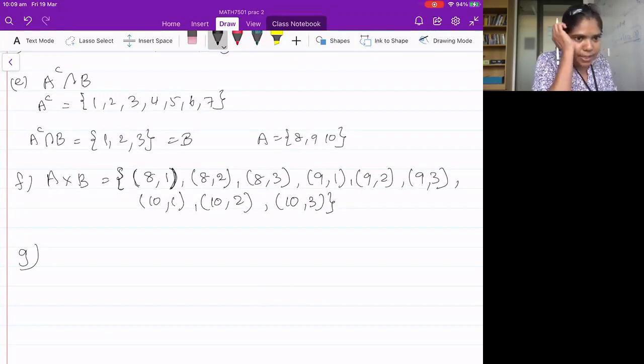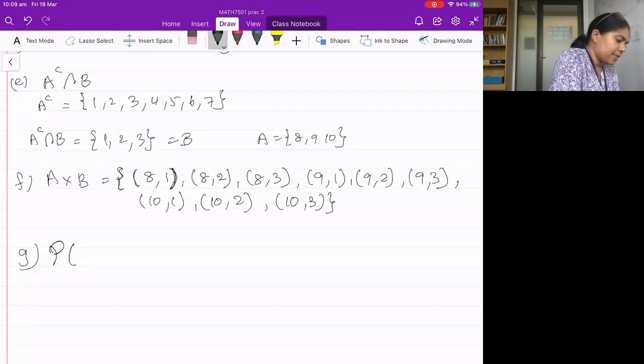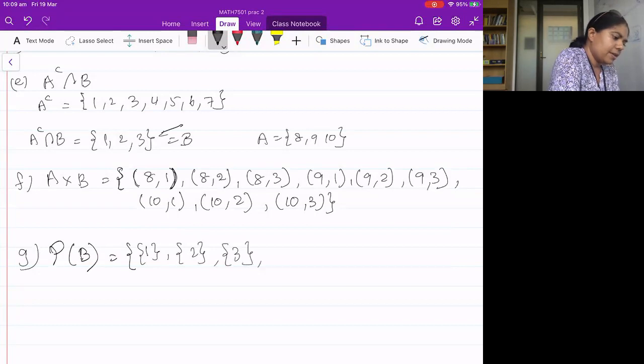The next part is part G, which says write the elements of the power set of B. Power set contains all the subsets of B. So the power set of B equals, okay, B is here. I'll write all the single-element subsets first: {1}, {2}, {3}, and